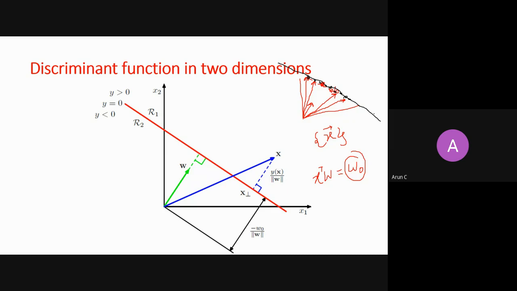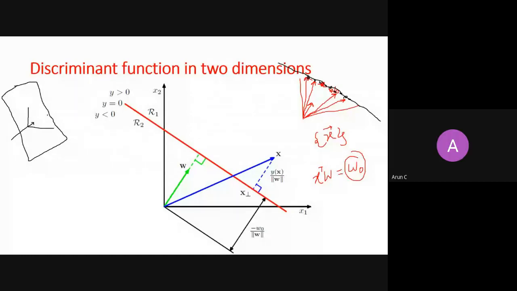In 2 dimensions it is a line. If it is in 3 dimensions, I will again take some W vector from the origin. I take all those vectors x whose projection is W0. You just have to go all around in 3 dimensions to find projections which are still W0. Is this clear to you? Yes or no? Can you type it quickly? In 3 dimensions, it would form a plane, containing all the vectors. Right.